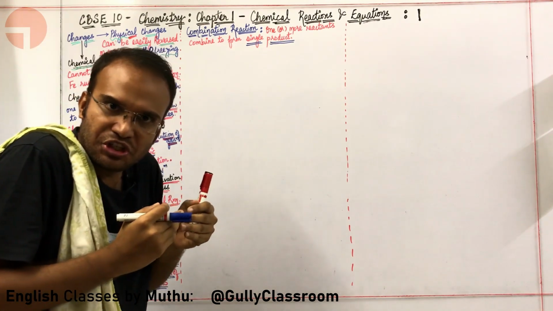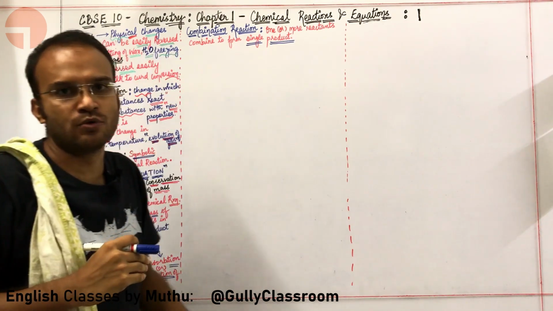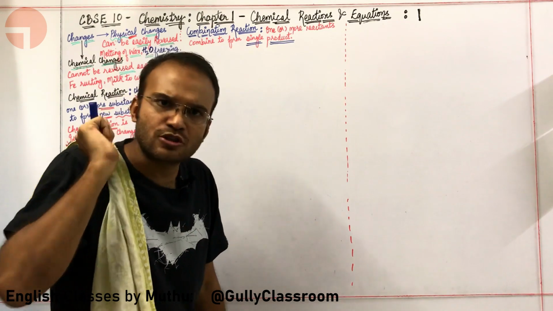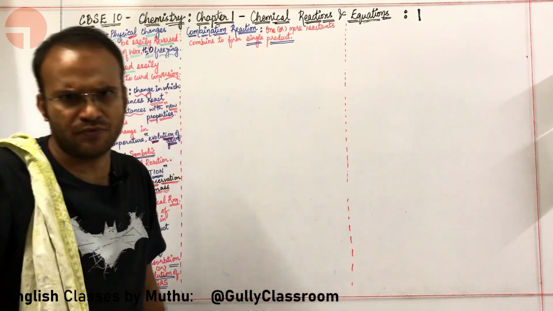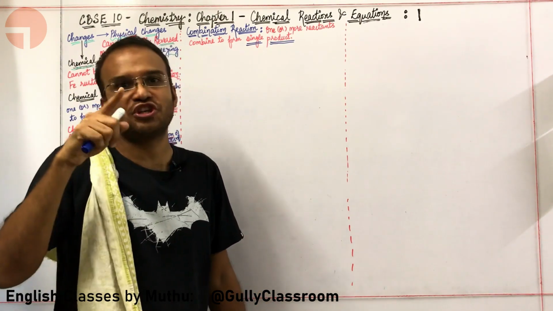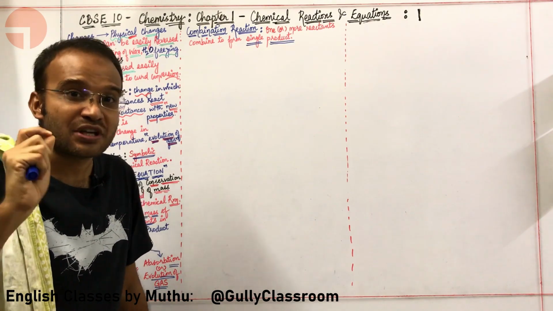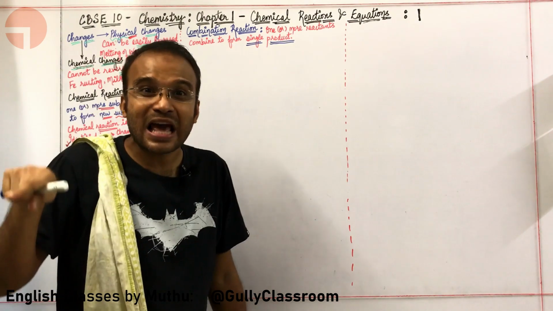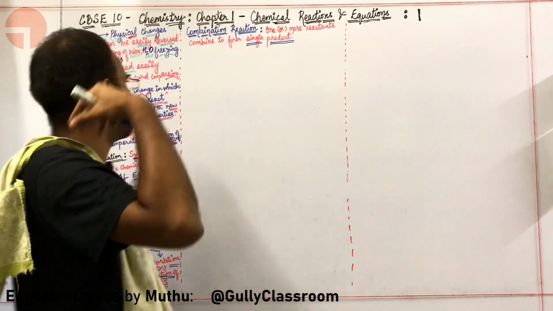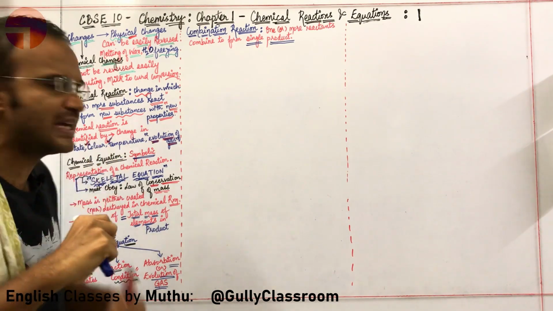Atoms combine with each other to form molecules and compounds. Here, the atoms are trying to attain noble gas configuration. What is noble gas configuration? A configuration where the outermost shell, the valence shell of the atom, has 8 electrons is called noble gas configuration. So all the chemical reactions happen in order to attain noble gas configuration.